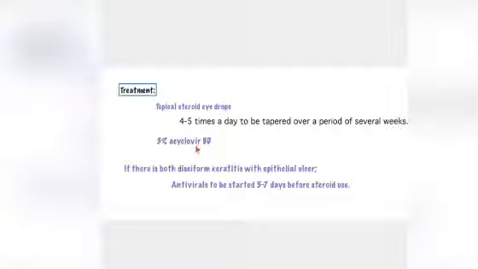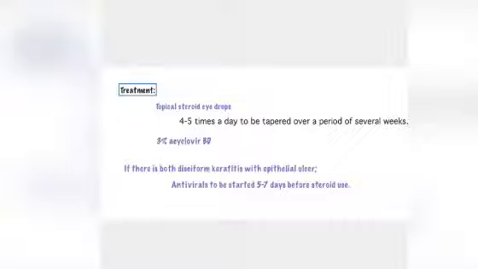And then is 3% acyclovir twice a day. Yes, again acyclovir. And if there is both deciform keratitis with epithelial ulcer, oh my god, this is a complication. This is a very important thing to keep in mind: if it is just deciform keratitis, that is, only involving the stroma, then you can use steroid eye drops because there is no epithelial involvement. But if there is both epithelial and stromal involvement, you have to treat the epithelial ulcer first with antivirals, which is already dealt in the previous slide.